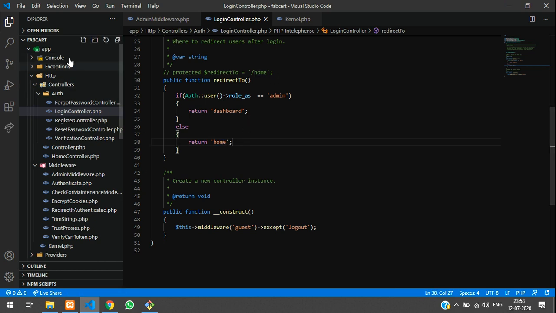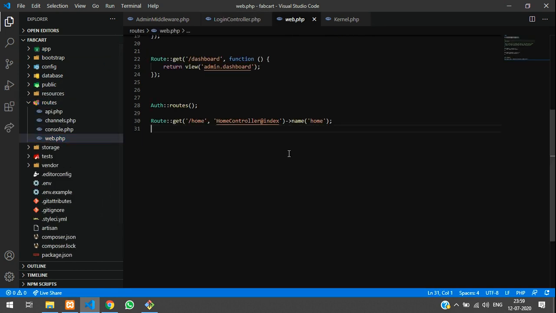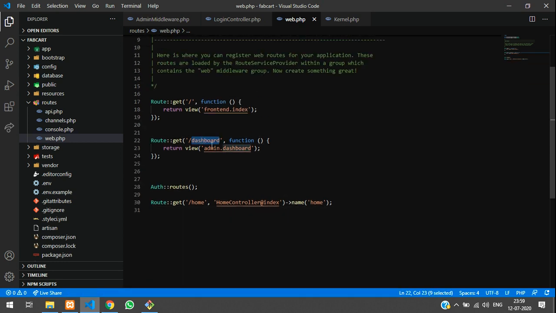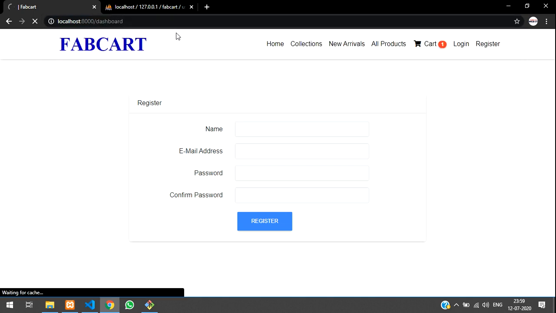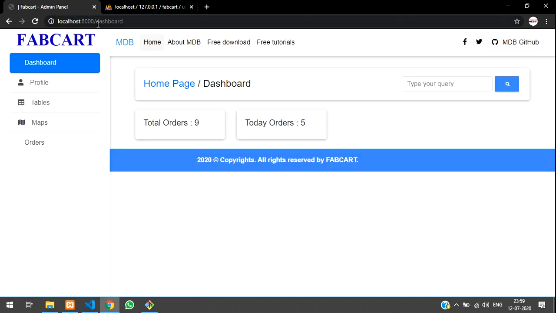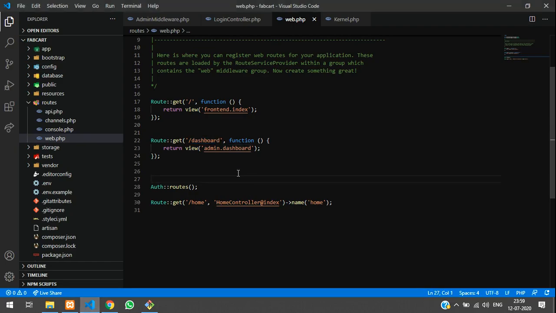Okay, so let's go to check our route whether this dashboard is available. Let me arrange this route web.php. You can check over here, it is available, right? So that dashboard is over. Let me access. Okay, so the page is available for the dashboard. So without logging in, it's going inside, right? So we will set a route for that. So let's make a group route, okay, which is provided by Laravel.